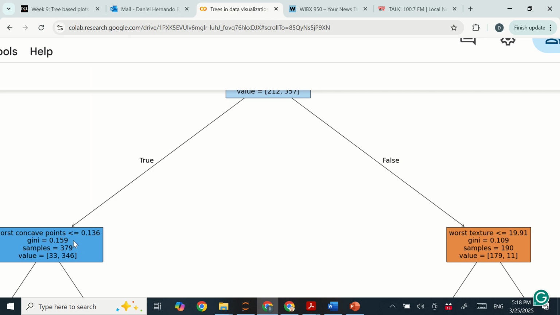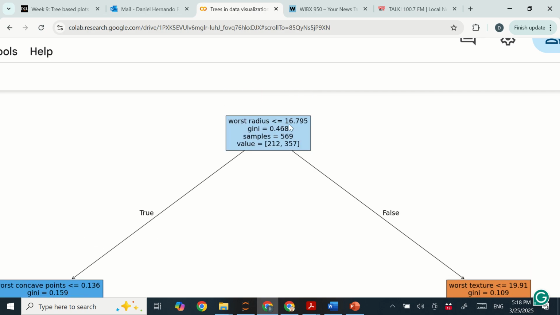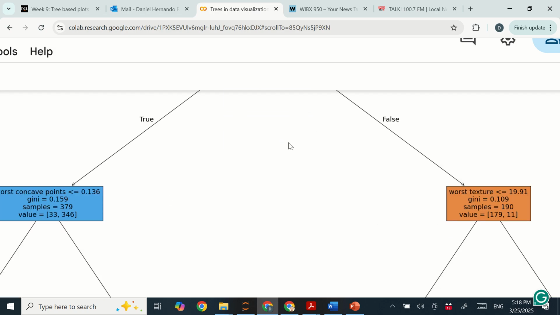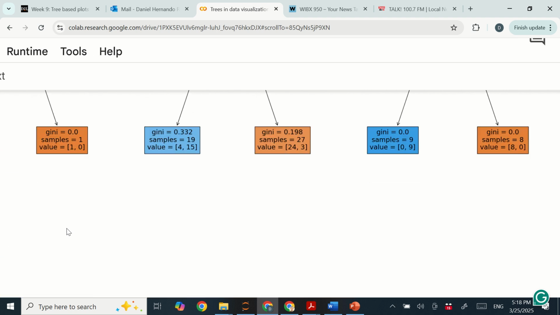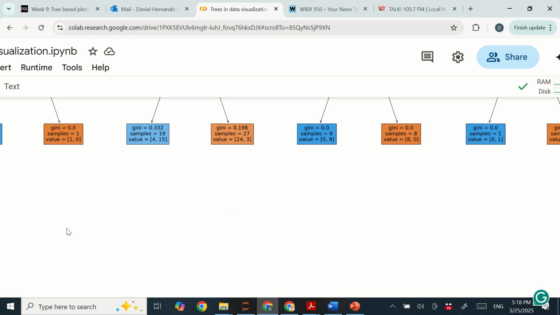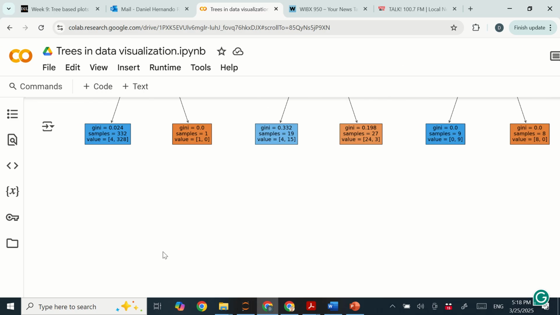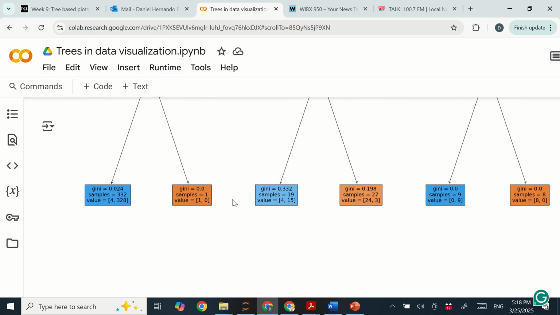And the Gini is decreasing, it's getting closer to zero. Initially it was 0.46. Please notice that now it's 0.15 and 0.10. So it's decreasing because we're classifying, and that's desired. You can keep going, but for EDA purposes, one way to use this classification tree is you